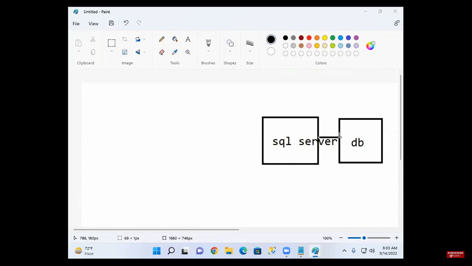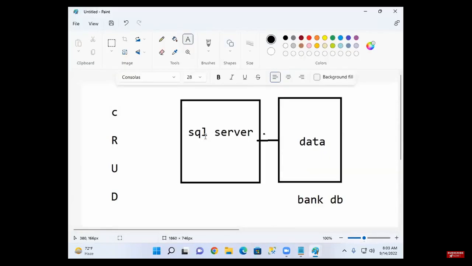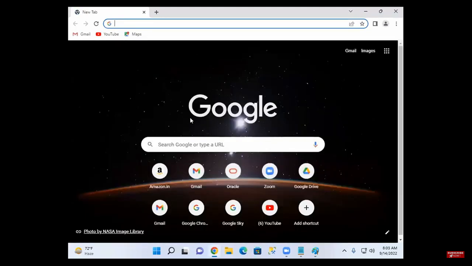But what I said, how do you do this? Create, read, update, and delete. How do you do this? I'll show that. One second. You go to the bank clerk and you want to deposit some amount.